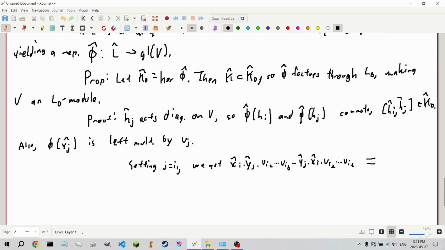It's kind of weird notation, but whatever: minus delta ji times c_i2i